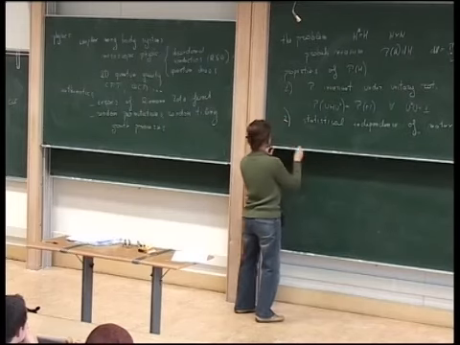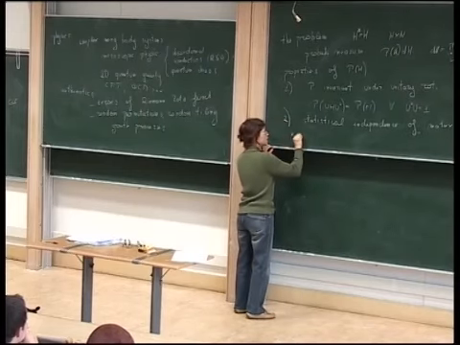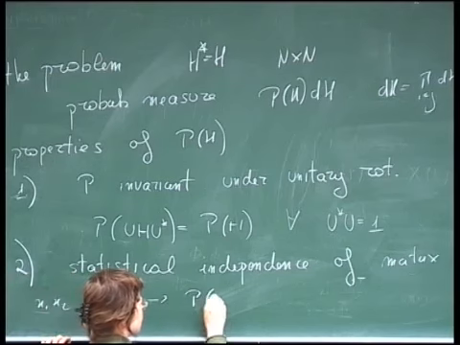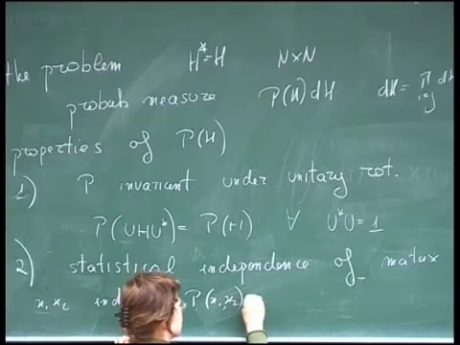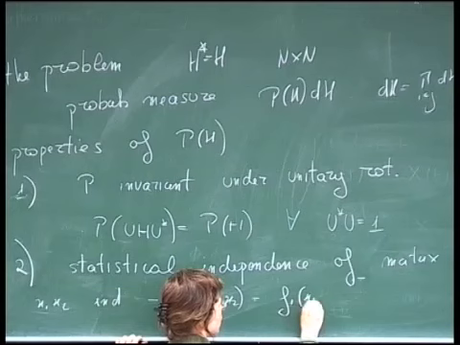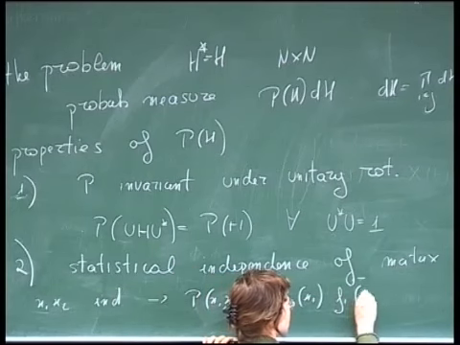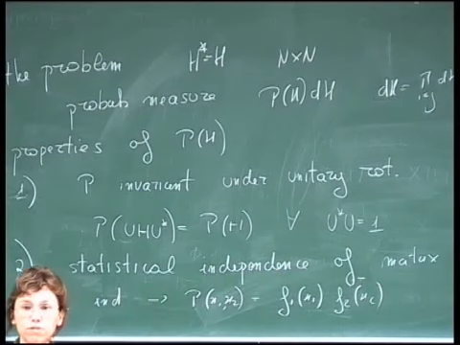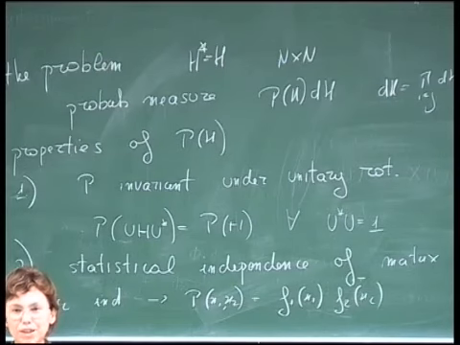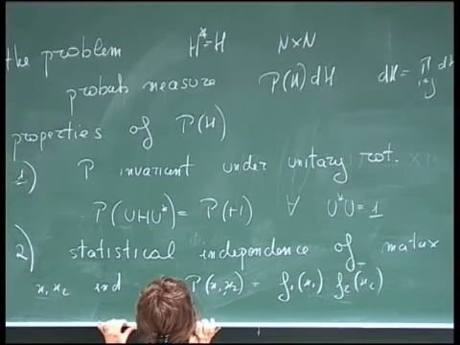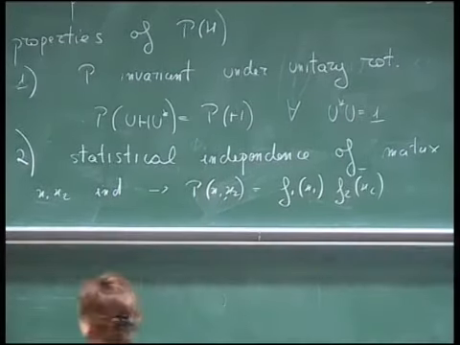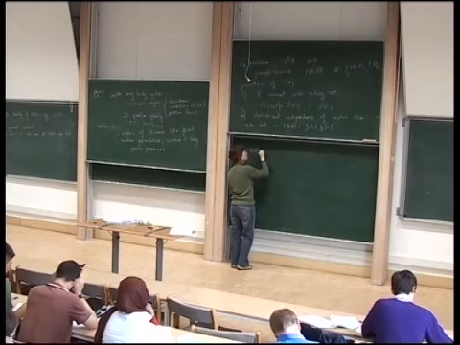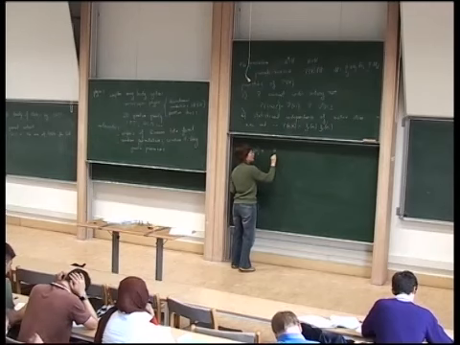Now you know that if x1, x2 are independent, then the joint probability has to be a product of a function of x1 and a function of x2. Could be two different functions, but the probability is a product. So in the case of a matrix, this means that P of H has to be proportional, up to a constant, to a product over i smaller than j of